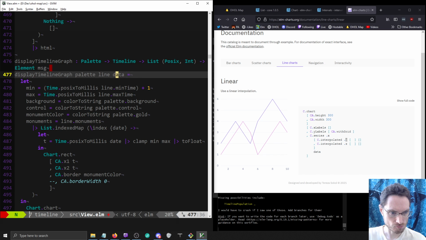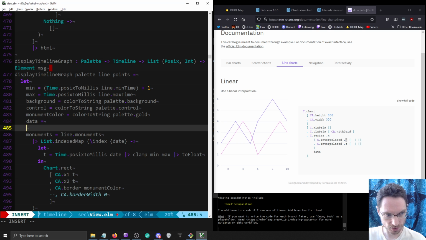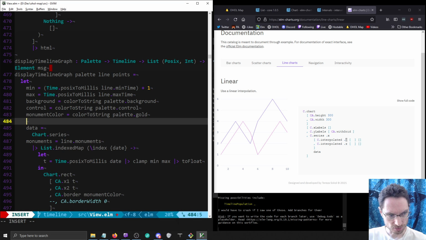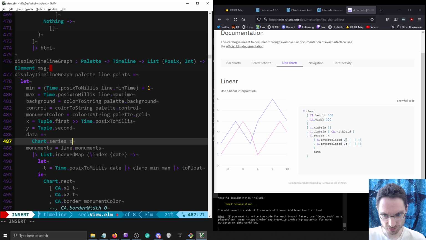So maybe this really should have been data equals chart.series. I guess this is the base axis. So the x for this is going to be tuple.first, time.POSIX to millis. And the y for this is just going to be tuple.second. So we need x